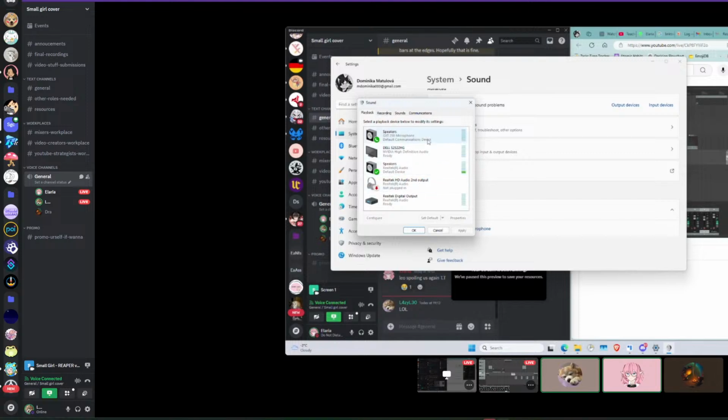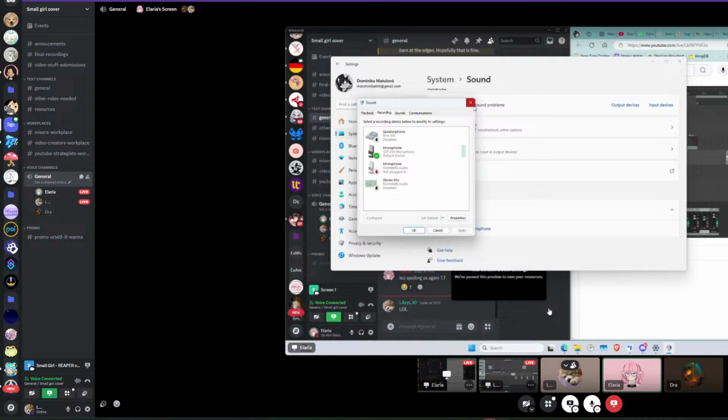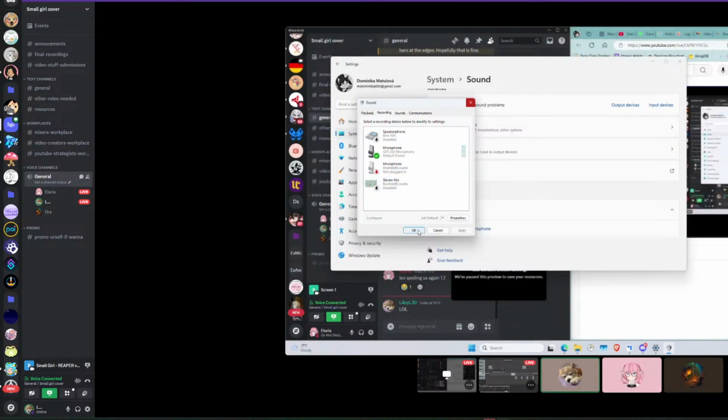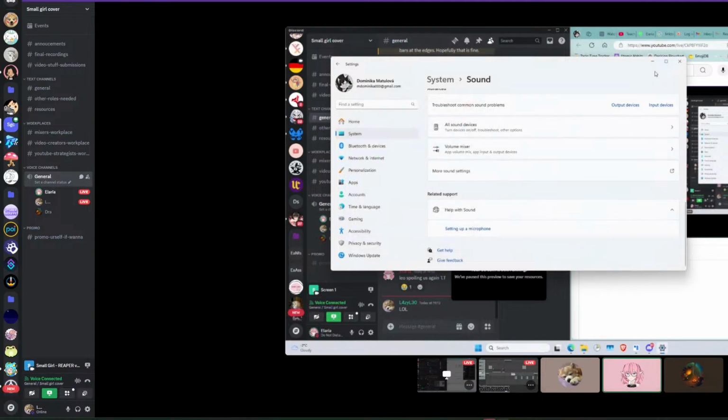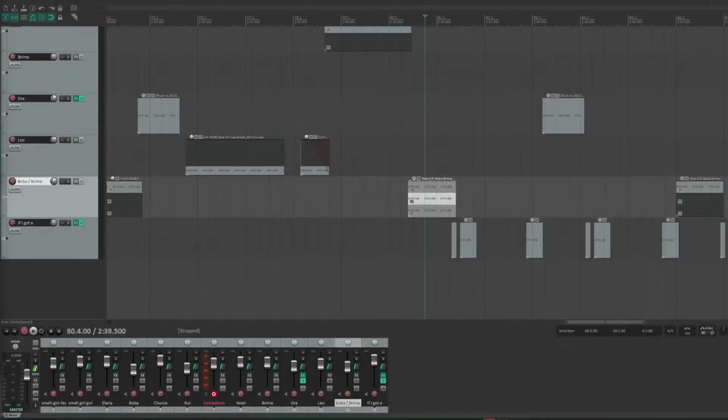Go to recording, then right click whatever you want to disable, and then disable it. I see. Thanks. And that's it. Now anything that's disabled won't ever turn back on again. That's amazing because a few times I recorded videos and then I